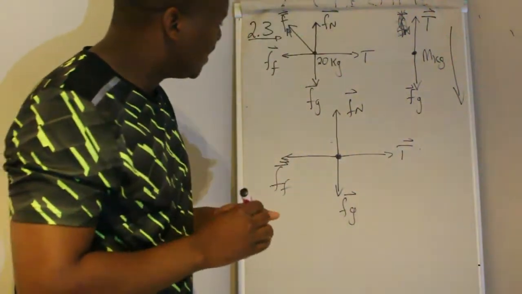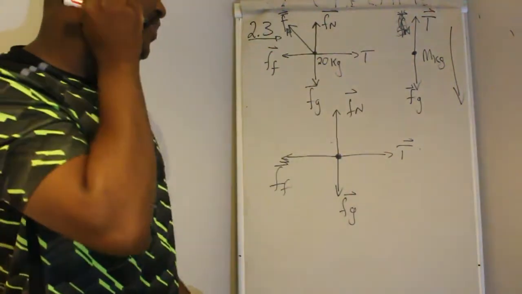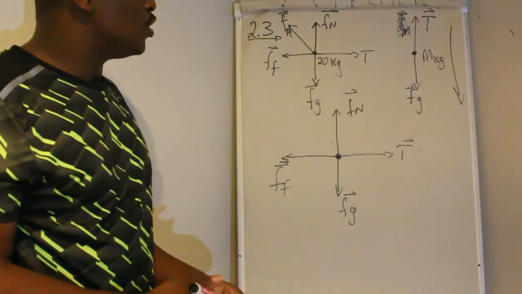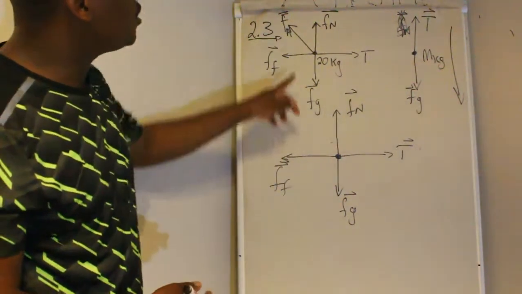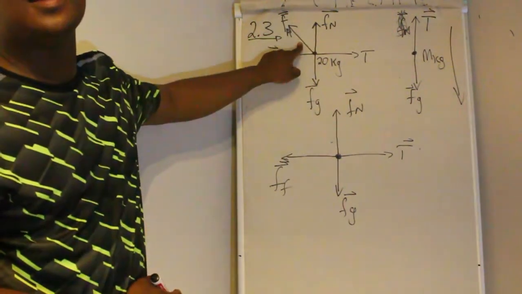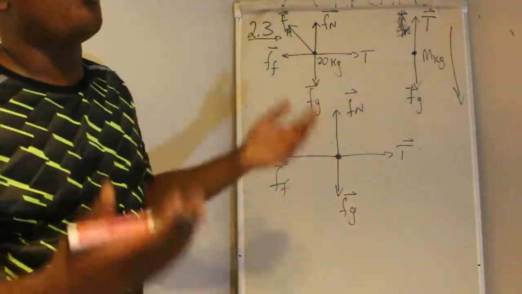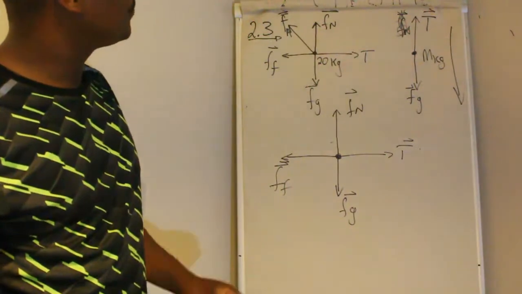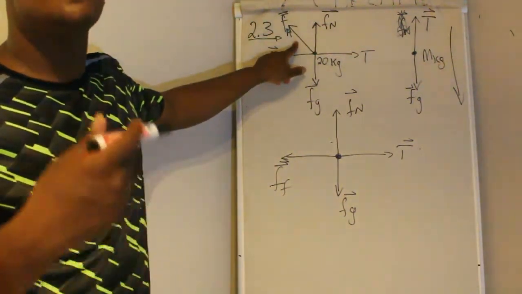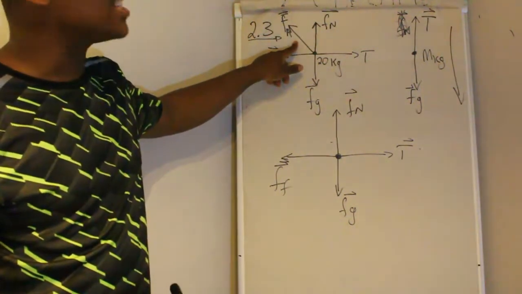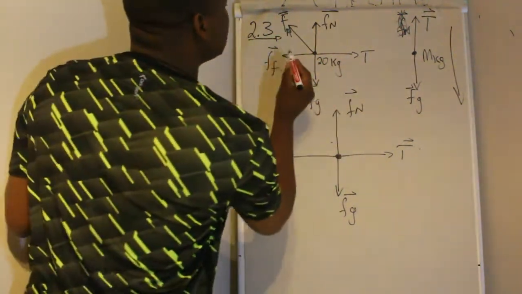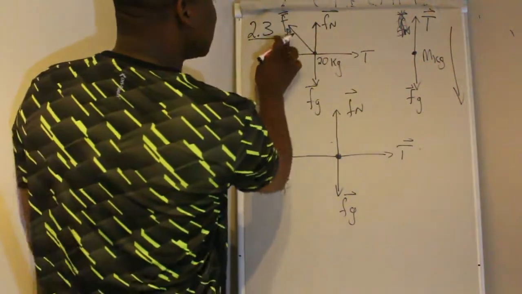So, all the forces that we have drawn here are either parallel or perpendicular to the surface. So what you want to do now is to draw this again such that it is either parallel or perpendicular to the surface. So what you do on this one, you decompose it or you break it down such that you have a parallel and a perpendicular,